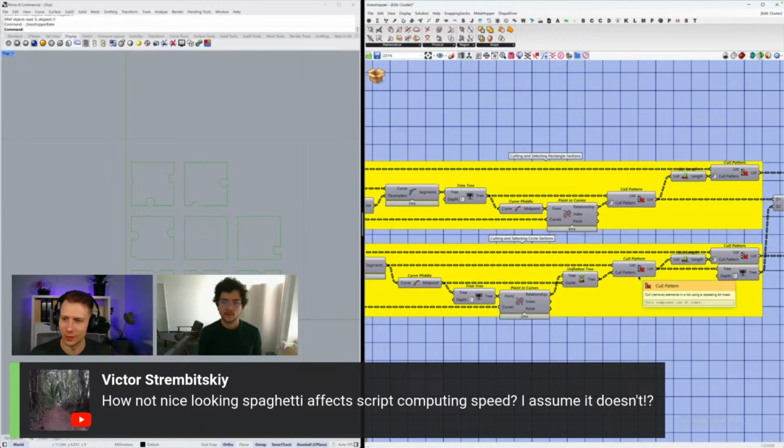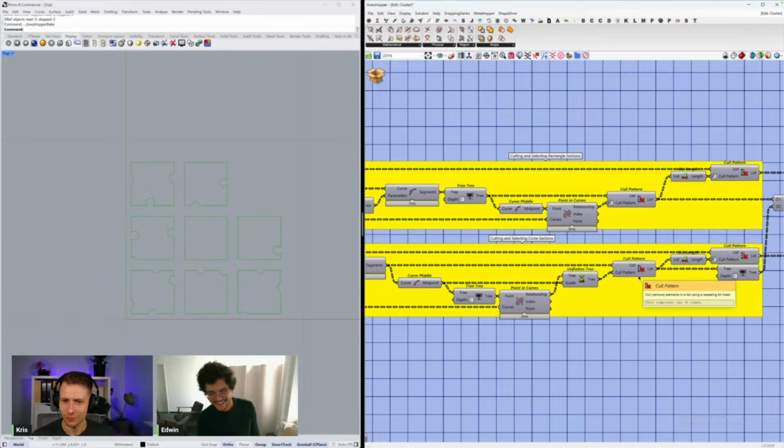Will you agree, Edwin? Half. Half. So okay, it does matter how many components you have, but normally it starts to become a problem when you have thousands and thousands of components, which you can still avoid. No, it becomes a problem, especially not when you are running it, but especially when you open your Grasshopper script. First of all, your Grasshopper file is going to become heavier as you add more components, because basically more code is being saved.